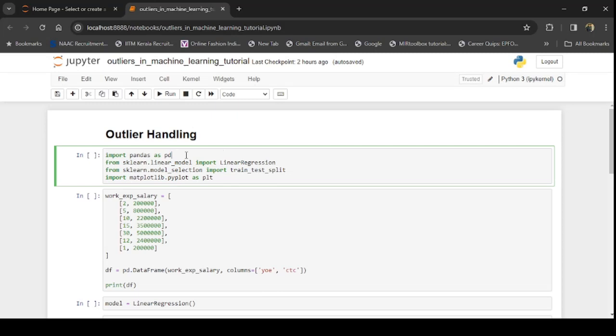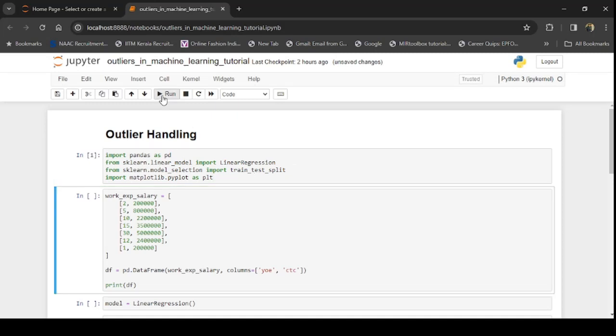Pandas is used for data preparation. We will be using a simple linear regression model to show you how outliers affect our model. We know the train test split method will be used to split the entire data set into training data and test data. We have also imported matplotlib so that we can visualize a few of the outliers with the help of scatterplot